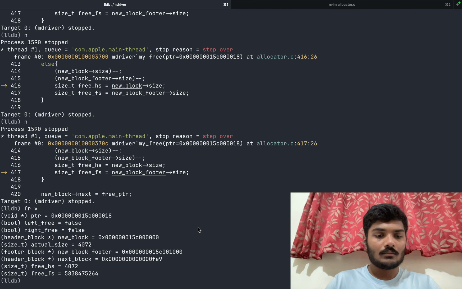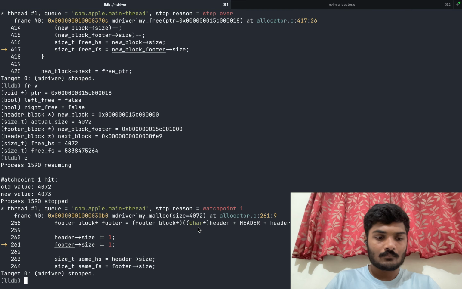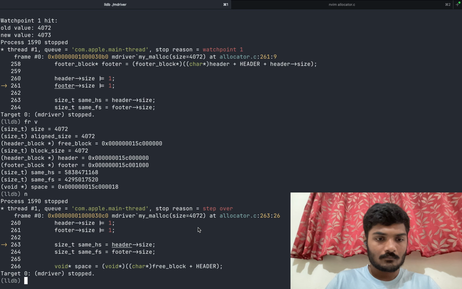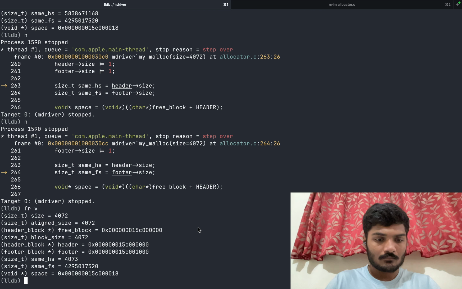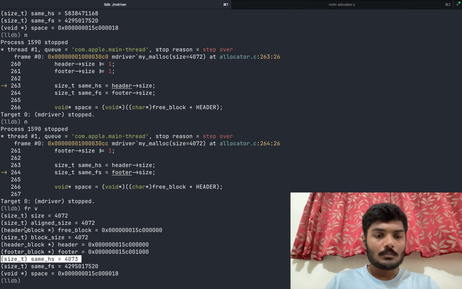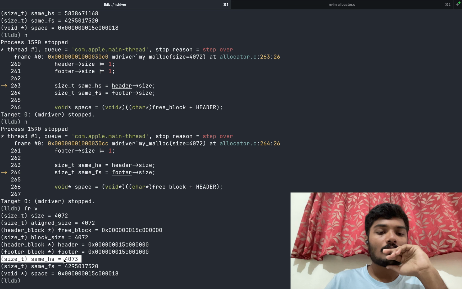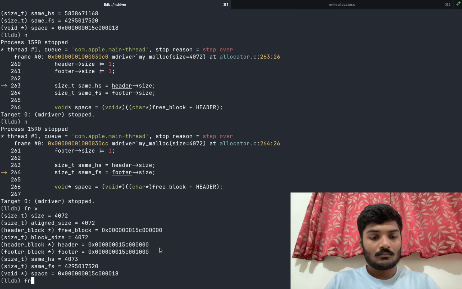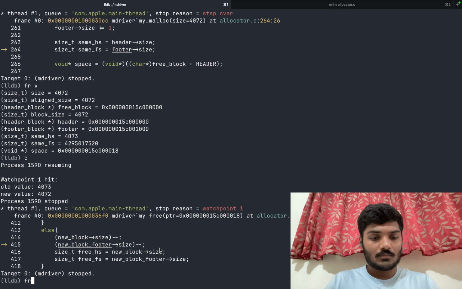This is correct again. Yep, correct again. It's inside my malloc. We allocate this as odd. Continue for